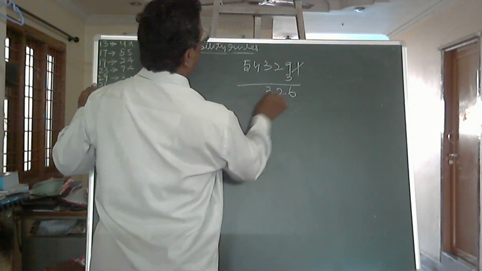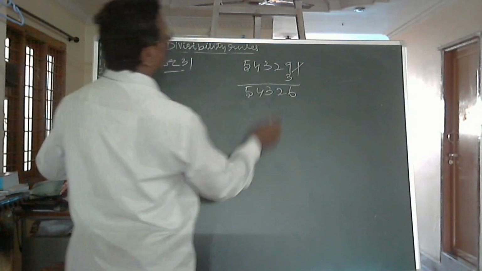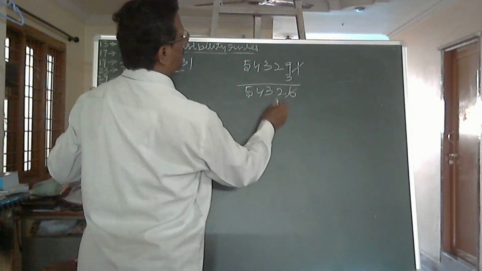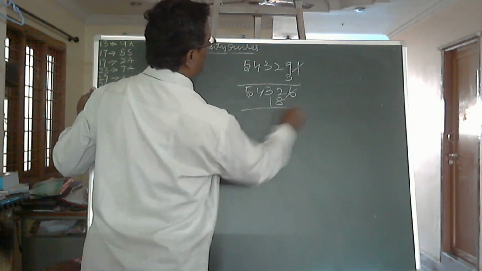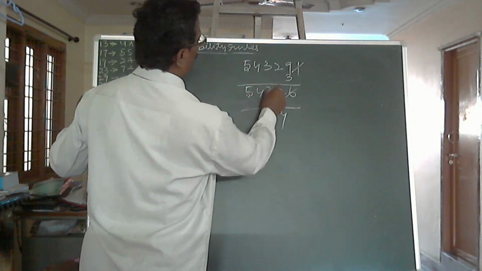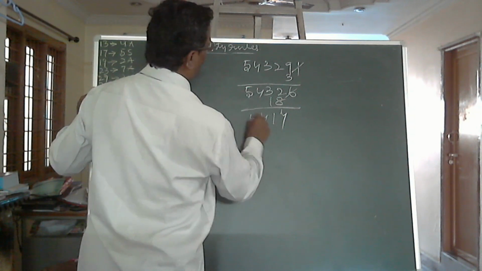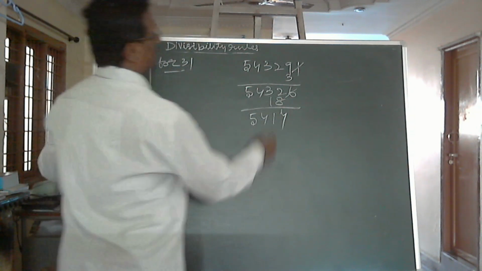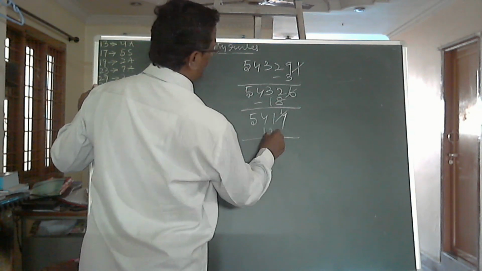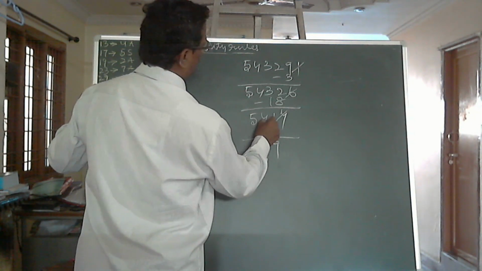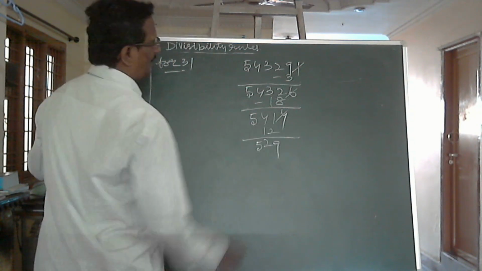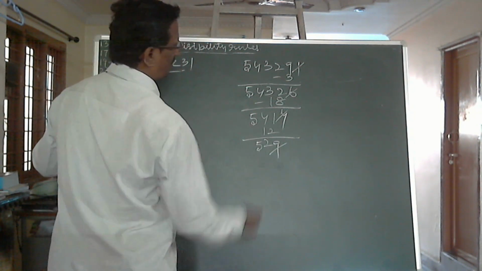This is 2, 3, 4, 5. So 3 times I have done subtraction. Again 3 times 4 is 12. Subtract, 12 minus 8 is equal to 4. This is 2. 2 minus 1 is 1. 4, 5. Again 3 times it is to be subtracted. 11 minus 2 is equal to 9. This is 3. 3 minus 1 is 2. 529. Again 3 times it is to be subtracted.